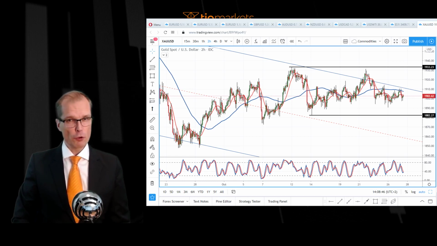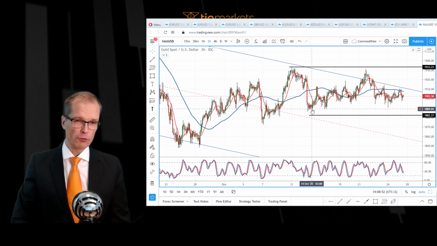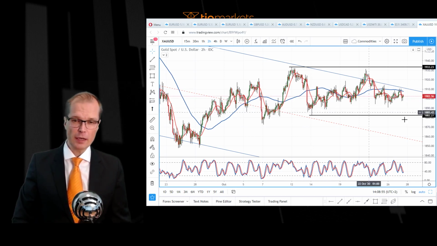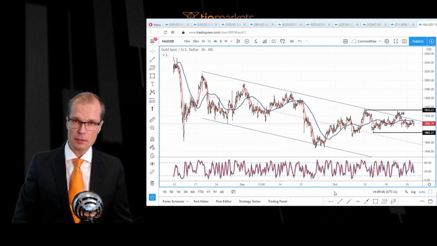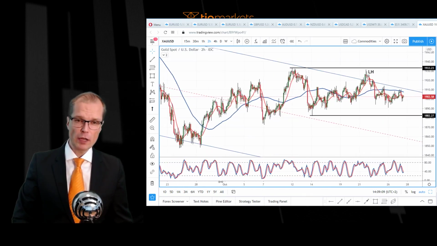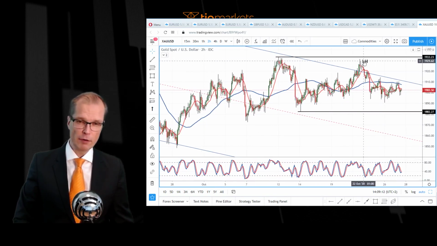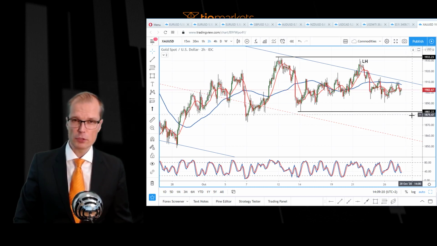As you might know, gold has been moving sideways lately, really since October 14th, and has actually created one lower high when it tried to move above the channel high. We do have this sort of bearish channel that the market is moving inside. It tried to rally above it but failed, so we have a lower high in place. But this still means that we might have just intraday trading opportunities when the market comes to supports or goes to resistances. So let's take a look at the key levels and the price action here.